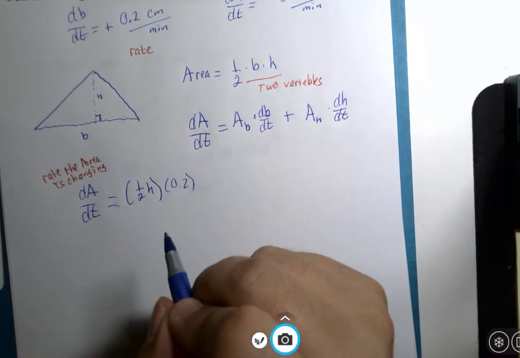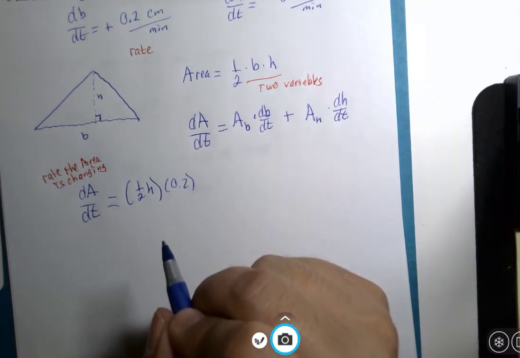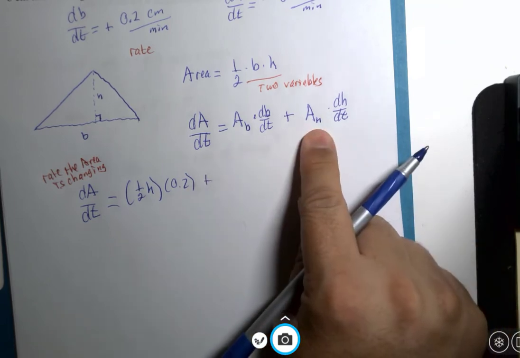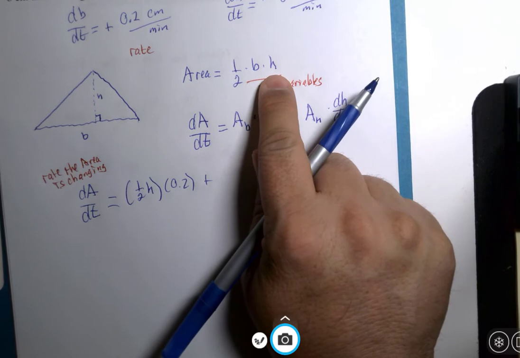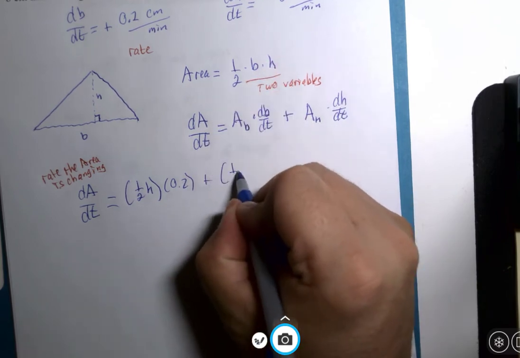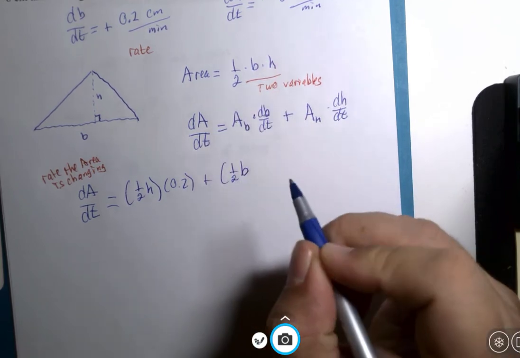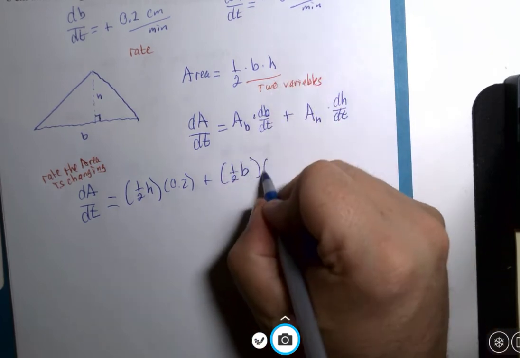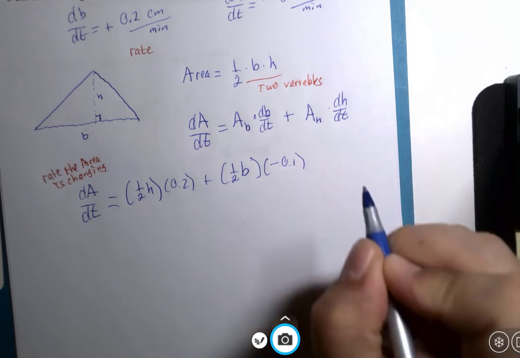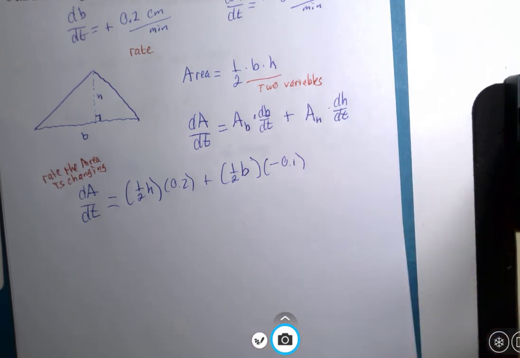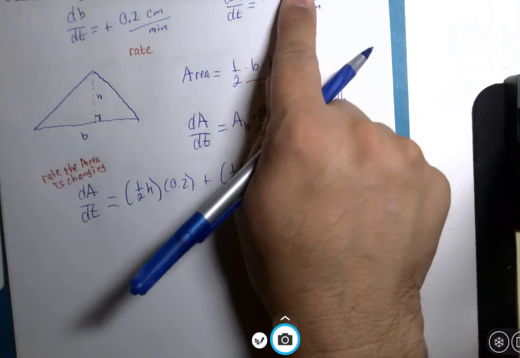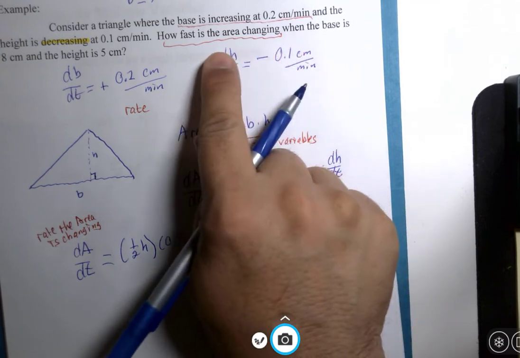And again, there's units, centimeters per minute. The h partial derivative, the derivative of h would be 1, leaving you 1/2 b, and then dH dt is negative 0.1 centimeters per minute. I'm closing in on a numerical solution here. I'm getting close. Finally, I'm going to allow myself to read the rest of the question, which says,